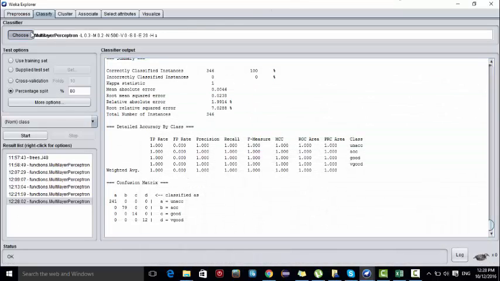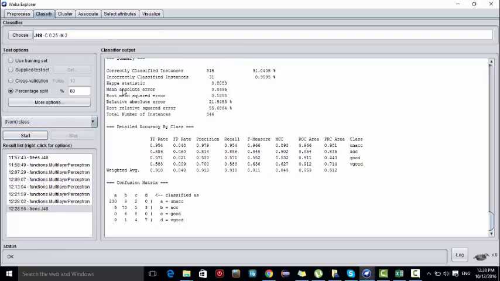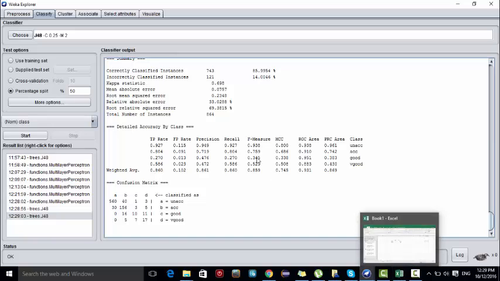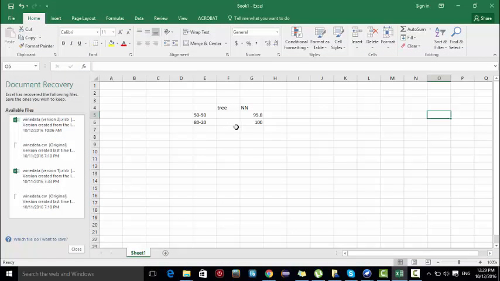Now I also want to build a decision tree model. This is J48. So I want to do it first for the 50% split, and here you can see the accuracy is 85.99%. Out of a total test of 864, which is 50%, 121 instances have been incorrectly classified. So here it is 85.9.